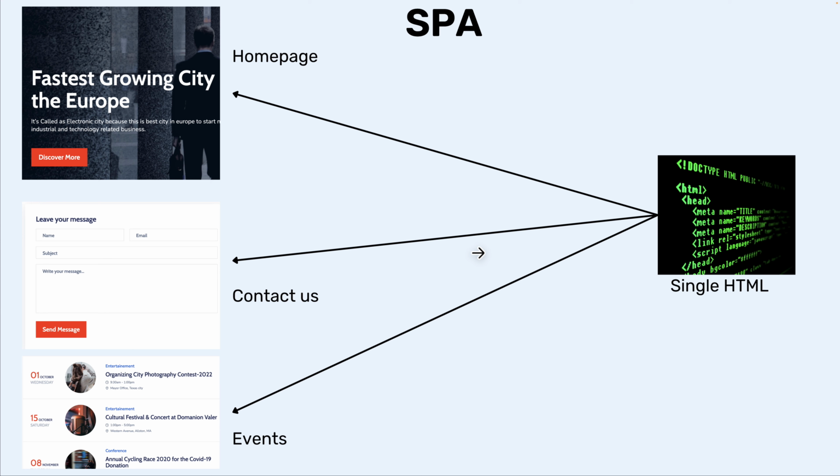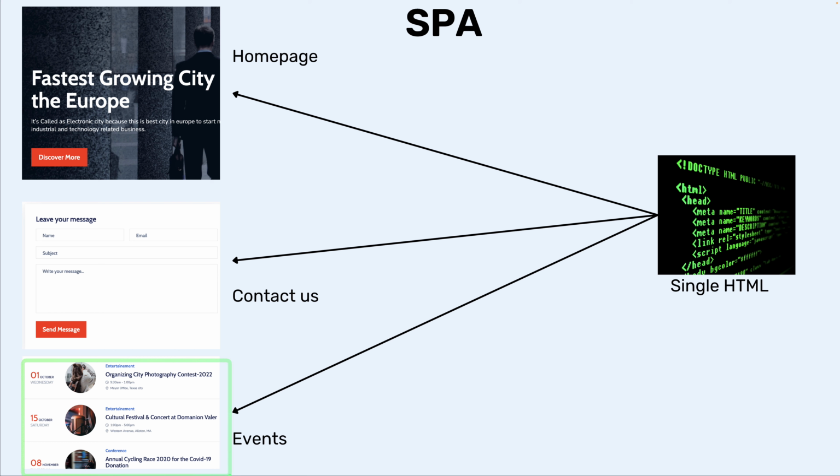As we spoke about, for SPA, we have only one HTML. If you are building traditional applications, we're going to have an individual HTML for each page. Let's say we are building this application or website to display a company's details, and that is homepage, contact us, and event. For traditional applications, we're going to have HTML for the homepage, for the contact, and event. So let's say that I want to navigate into contact. The page has to reload before I can see the contact,